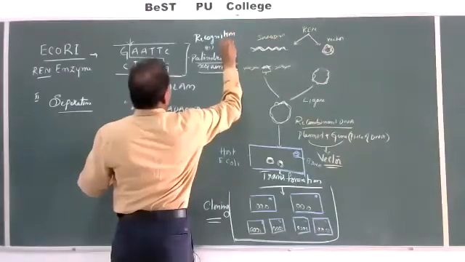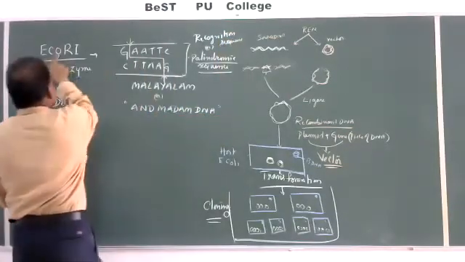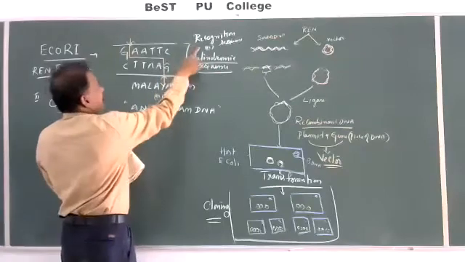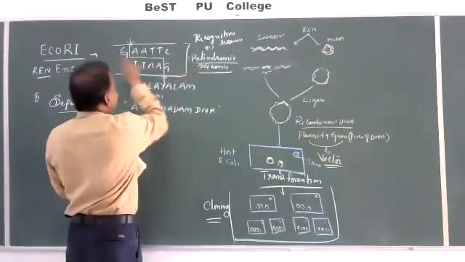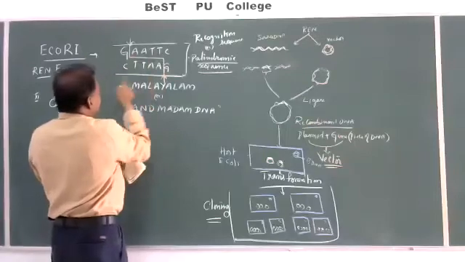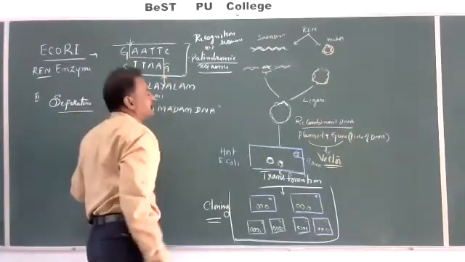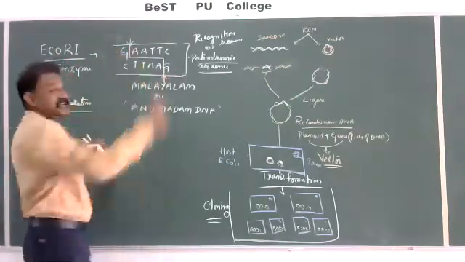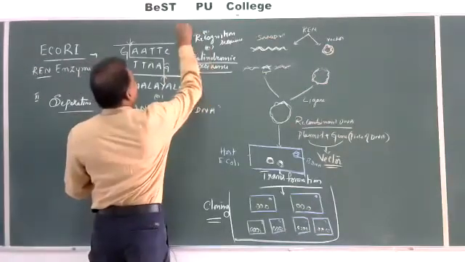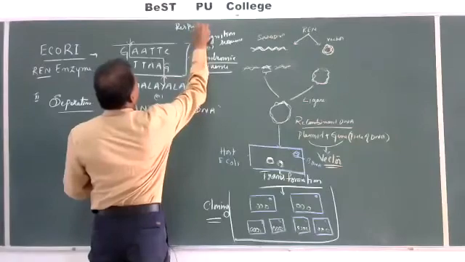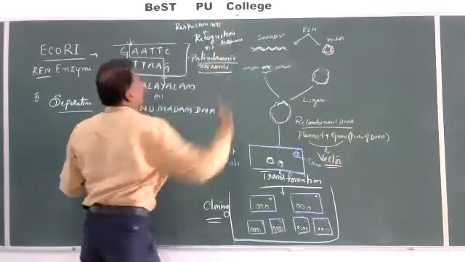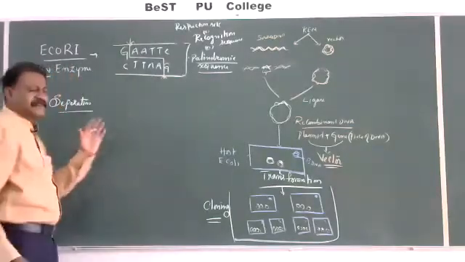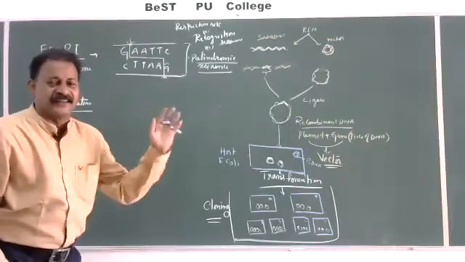Recognition sequence. What is recognition? This enzyme will recognize this in the total DNA, wherever it is present. And why is it called palindrome? Because its nature is like this. We can read in opposite, forward direction and backward direction, same meaning. And this is going to cut here, so it is also called restriction site.